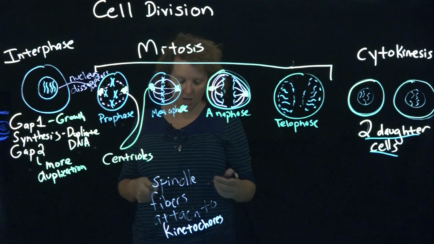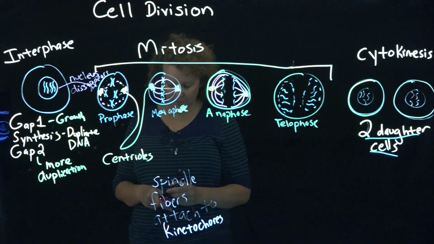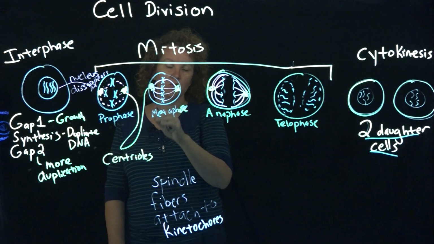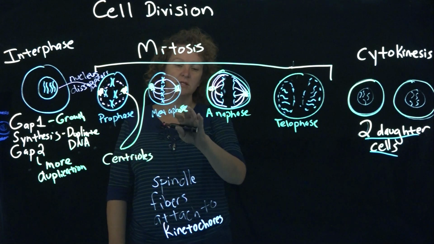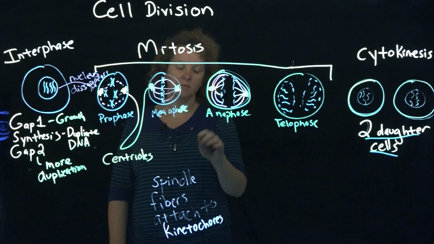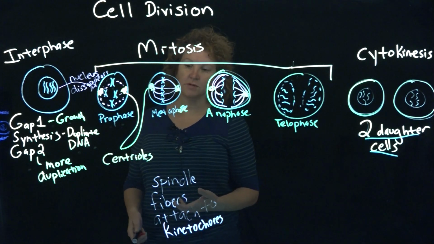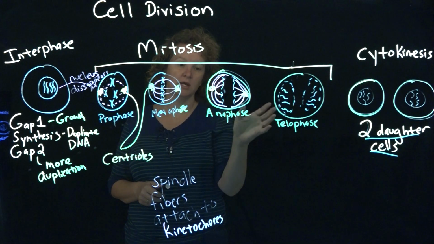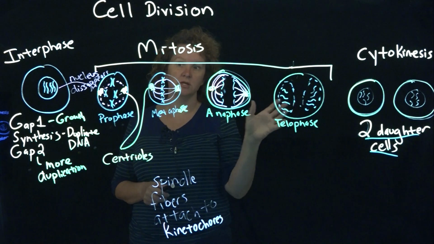Now with metaphase, you need to very carefully make sure that these sister chromatids are lined up in the middle. This is an important checkpoint phase because you don't want to proceed to anaphase, where you're pulling apart the sister chromatids, until they are equally lined up, because you want to make sure that the 2 end cells get the same number as the cell you started with.